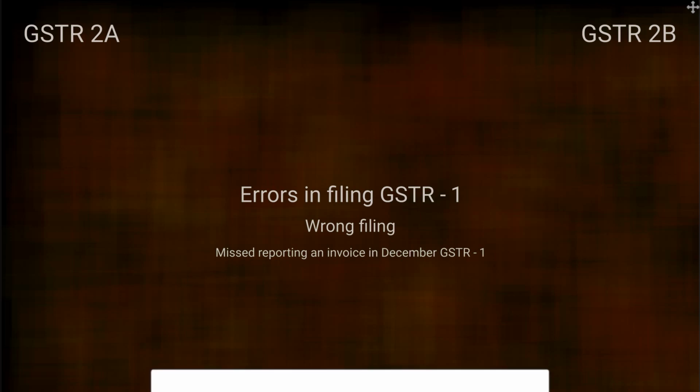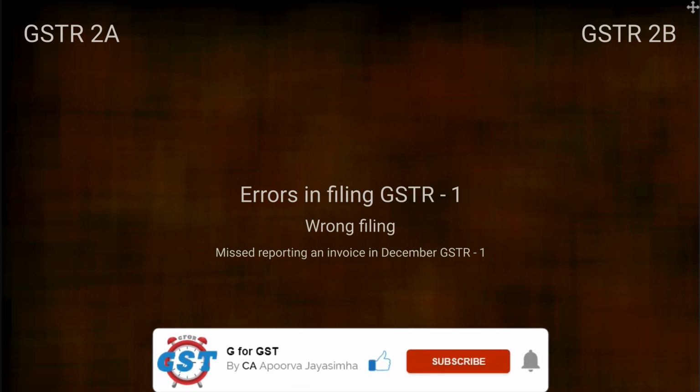Let us now discuss the second case, that is a wrong filing case. So let us take a case where your supplier missed reporting an invoice in his December month's GSTR 1. He has filed a GSTR 1 of December, but he has missed reporting a transaction. So you intimate them and correspond with them and communicate that they have missed reporting an invoice.